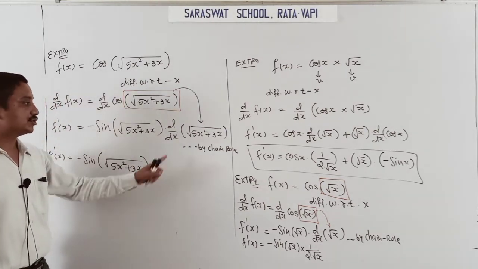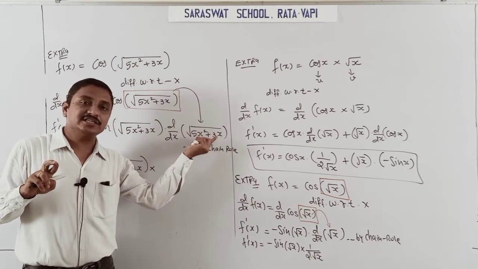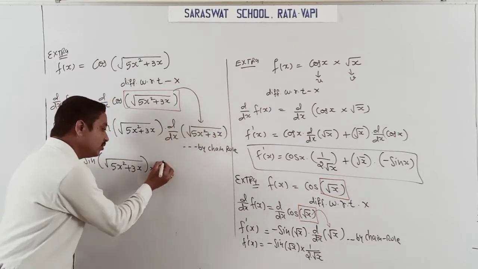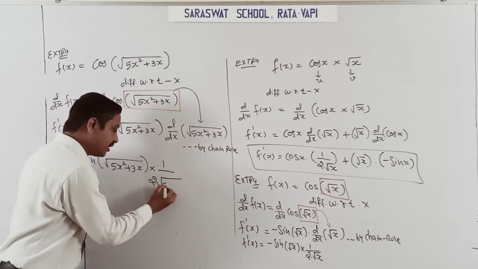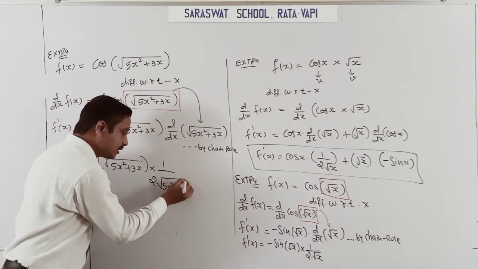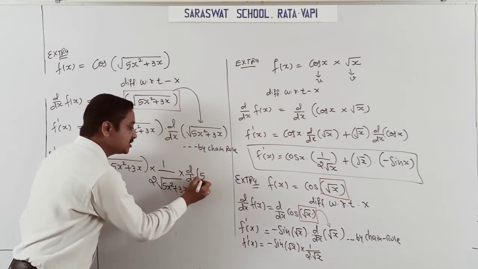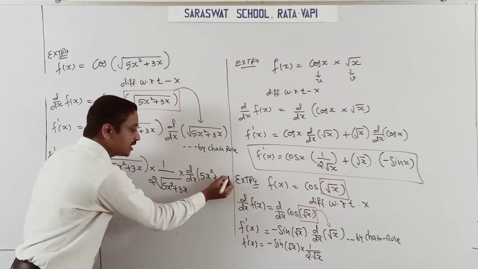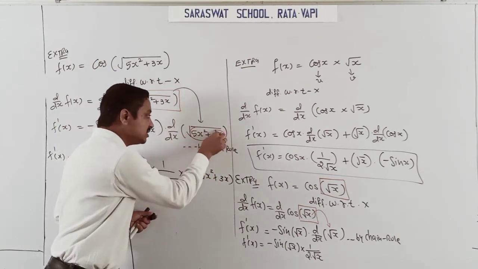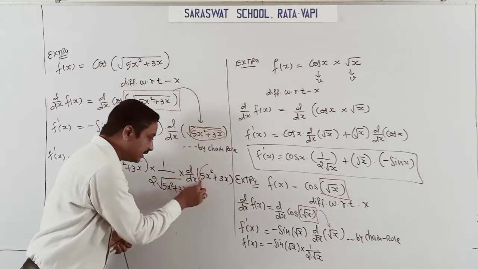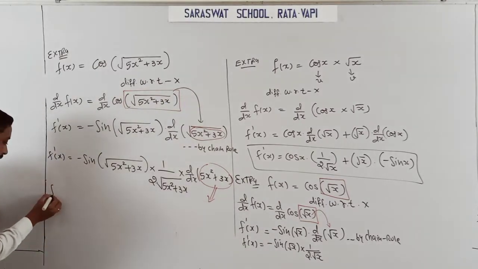And now read about, students, the root derivative. What is the root derivative? Consider x as the internal function. The root derivative is 1 by 2 root of the same 5x square plus 3x, and d by dx of the internal function, which is the same 5x square plus 3x. Don't worry, I just highlight this internal function as x, and that I declare. Now that derivative by chain rule, so f dash x